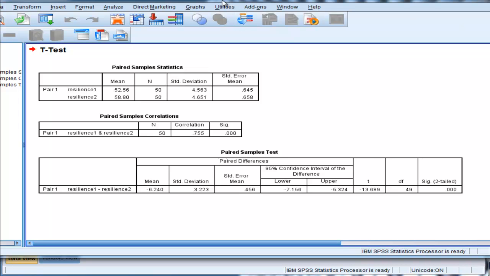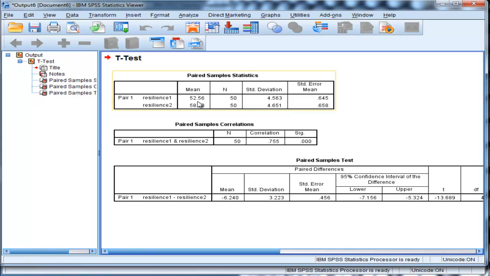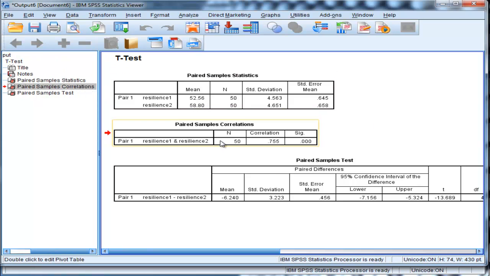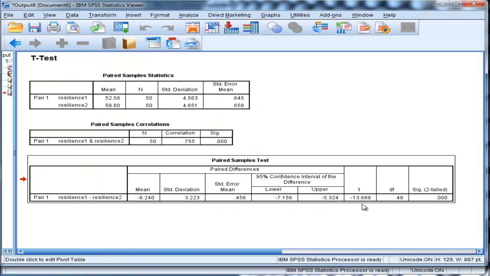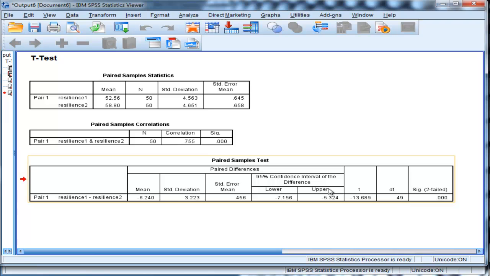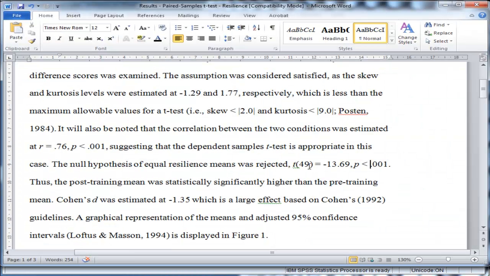I click on OK, and here are the results, and we can see that the means are reported in the first table, and then that correlation, and here's the t table where the guts of the results are. And we can see that the t-value is equal to negative 13.689, and the degrees of freedom are equal to 49. That's where I got those values to input into this section of the results. And p is less than 0.001